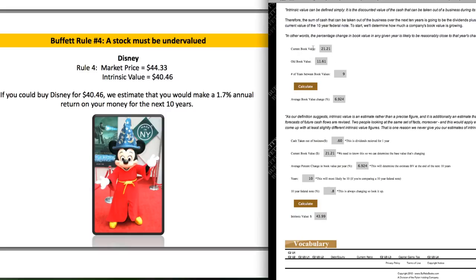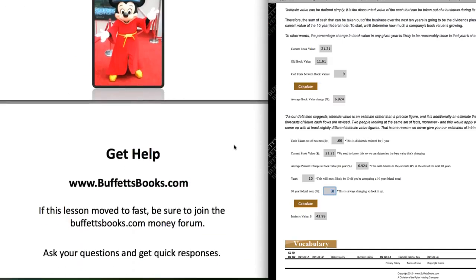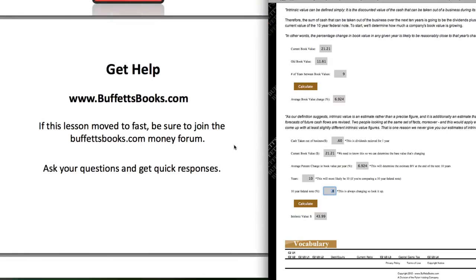So what I want you to do is come in here and play around with this calculator. I want you to get used to seeing how these numbers move. When you have a higher federal note value in there, you're going to see that that's going to drastically change that intrinsic value. And it's going to make it really easy for you to determine, hey, I need to be buying bonds, or hey, I need to be buying stocks because they're a really good value right now. This calculator is going to help you out so much, and I really hope that you get a lot of use out of it.